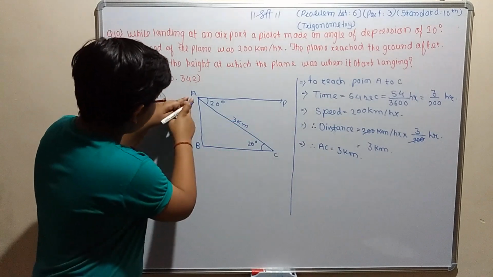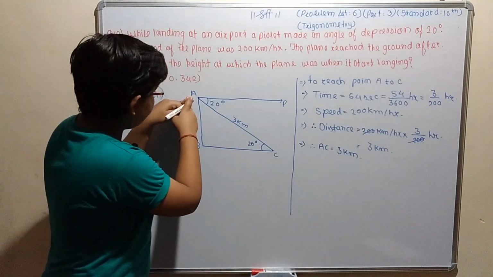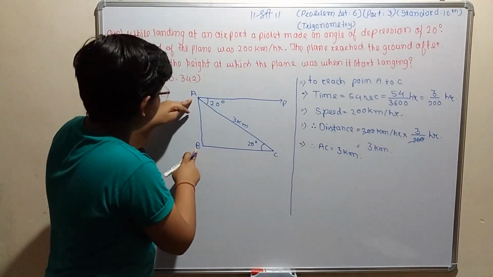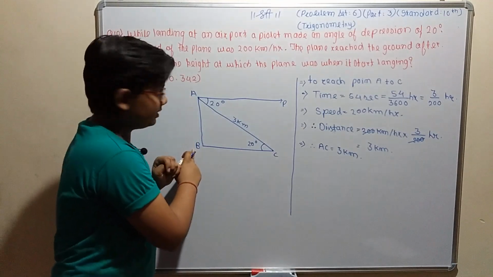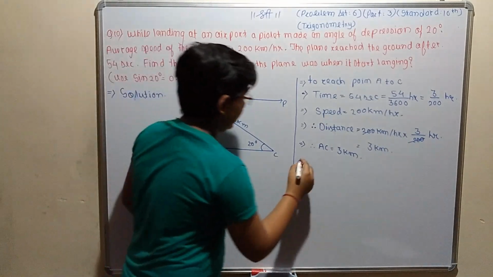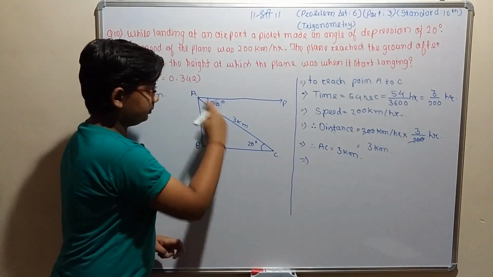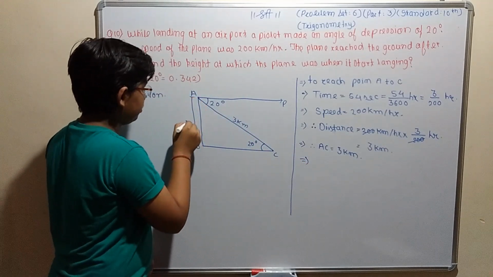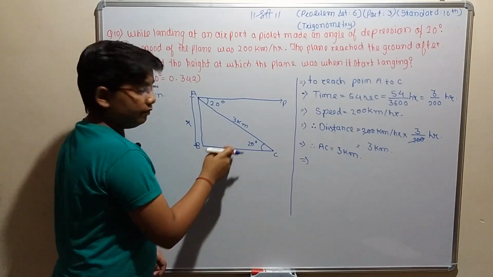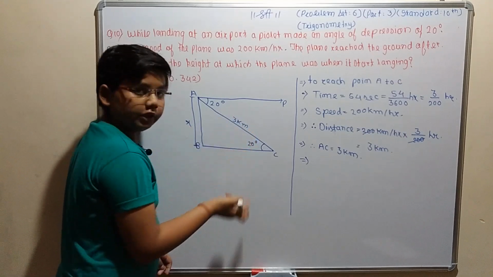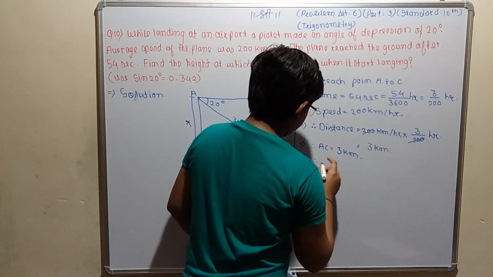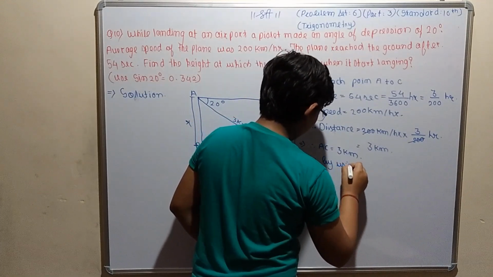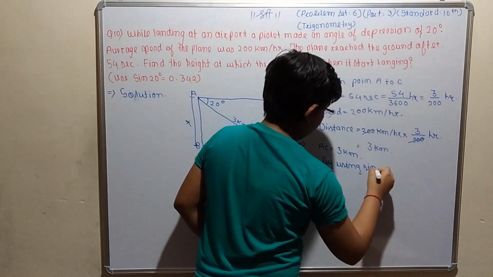Now what we have to find is the distance between the plane at the start and the ground. That is, we have to find the distance AB. This is the line AB. Then how do we find it? We know AC now. Now by using which function can we find it? Considering AB to be x, we have to deal with the opposite side and the hypotenuse. So by using the sine function